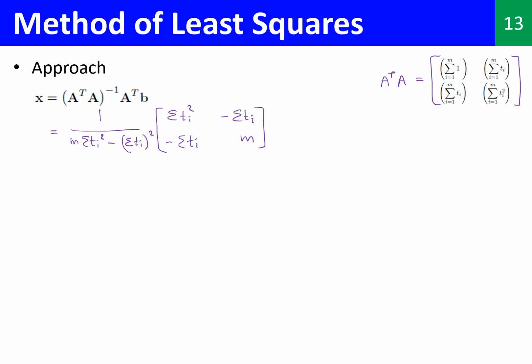And next we have the remaining part, and that would give us sigma bi and sigma ti bi. Okay, and that is actually this guy here. All right, so we can further simplify this. This term would remain the same,